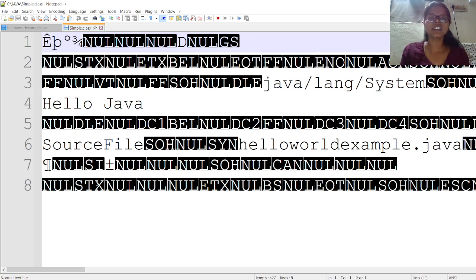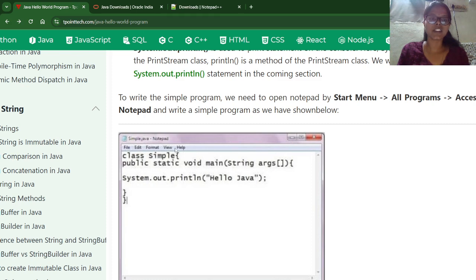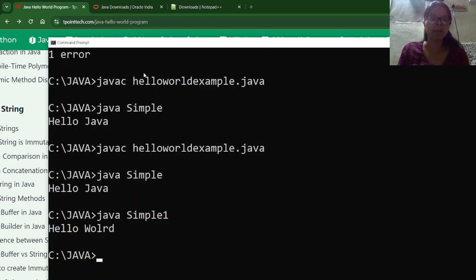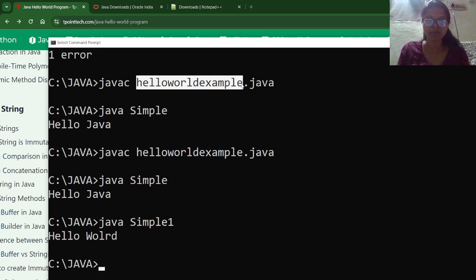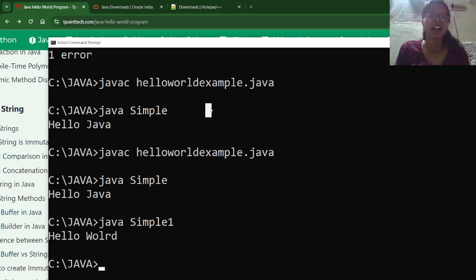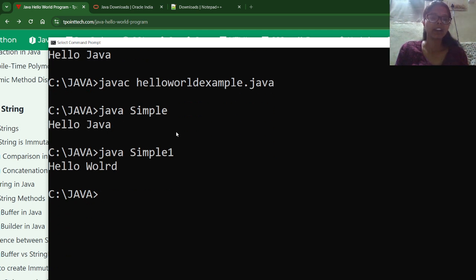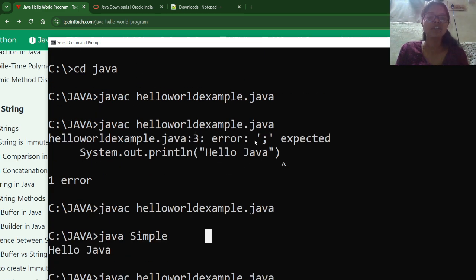After installation and saving the file, you open the command prompt, and to check whether there is any error in your code, use the command javac filename. Here I saved the file as hello world example; this is the file name with .java. This is the command to check for errors in your code. If there is no error, it will not display anything, and we can directly run the code. But if there is an error, it will display it. First we need to rectify that error, and only then will it allow us to execute the code.